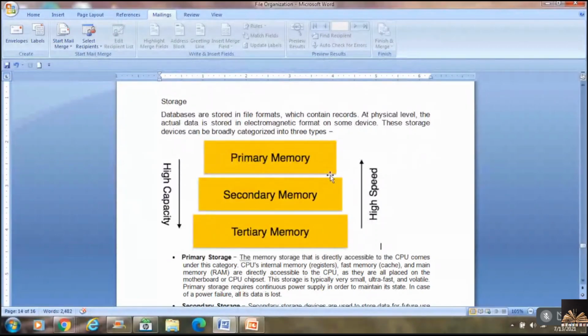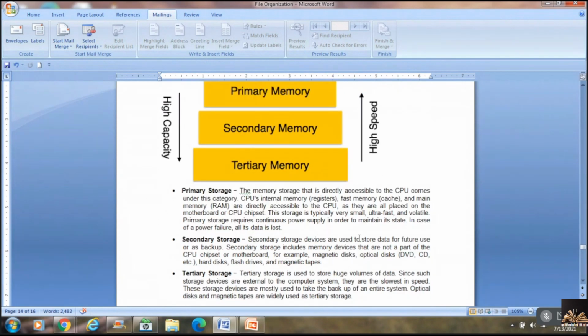You have to remember there is primary memory, secondary memory, and tertiary memory. The capacity goes from top to bottom and the speed goes from bottom to top. Primary memory is the highest speed memory. Tertiary memory is the highest capacity memory. So what do you mean by primary, secondary, and tertiary storage? That is what is specified there.